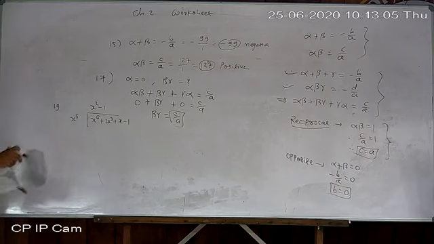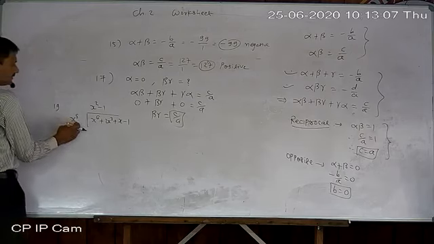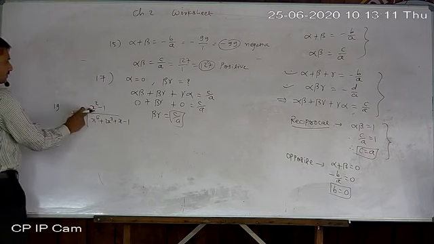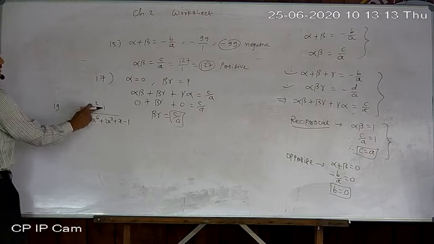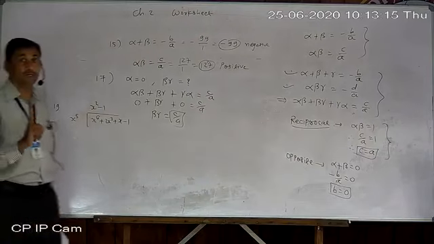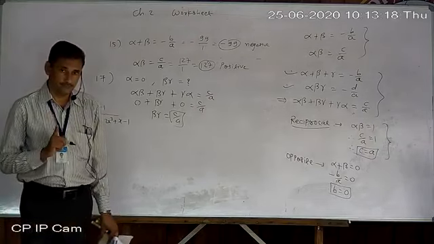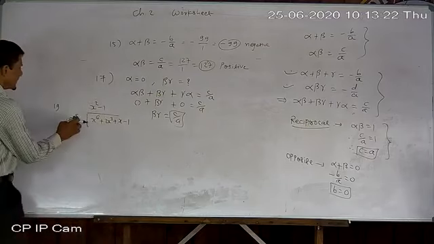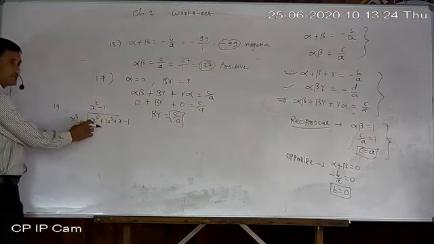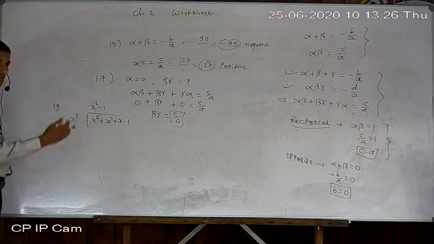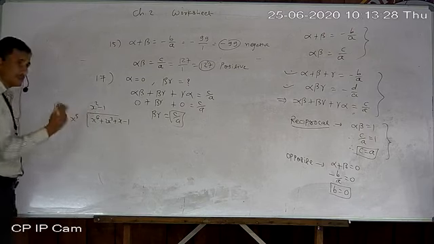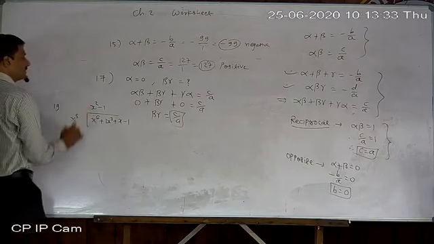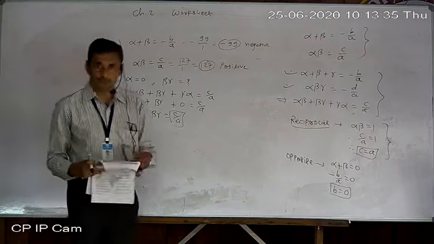Not possible. Why? Because remember division. Here x should be there, not x square. So x square is not possible. Okay. So the quotient polynomial must be linear, not quadratic. Why? Here is x raised to 5, we want x raised to 6. So our first term starts from x only, not from x square, never possible. Okay. So this is not true, never possible. Okay, 19.